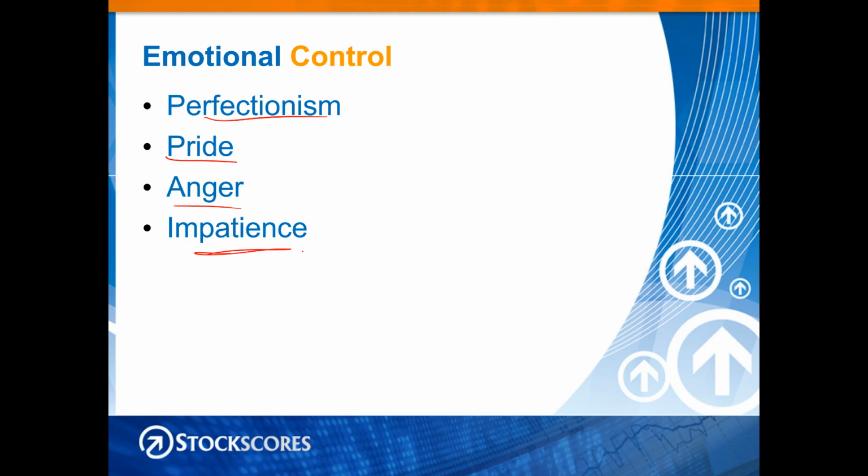So anyway, all of these things, these emotional control elements, are written about in a book called The 7 Deadly Sins of Trading, or something like that. It's out of print, so it's really hard to find. I've kind of summarized it in the lesson, but the author's name is Ruth Behrens